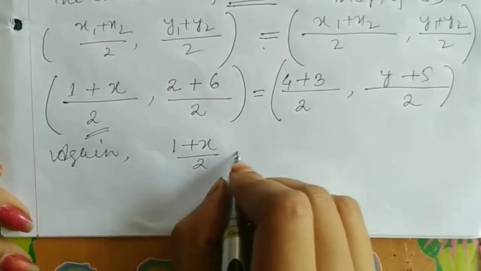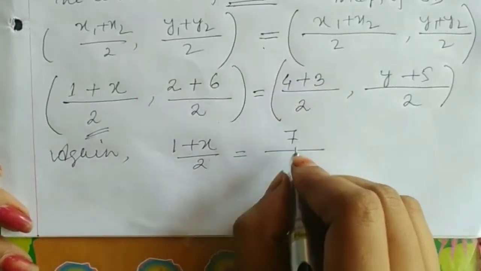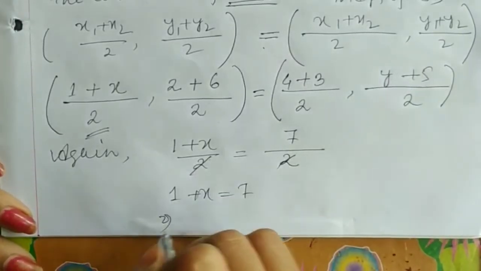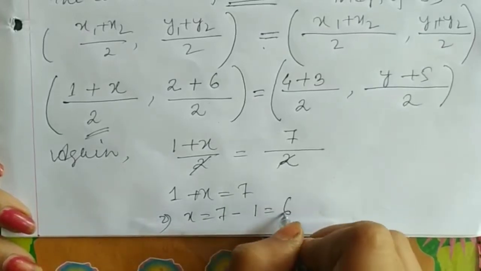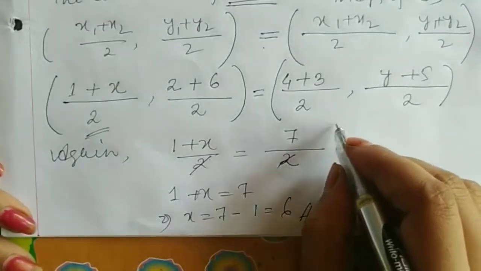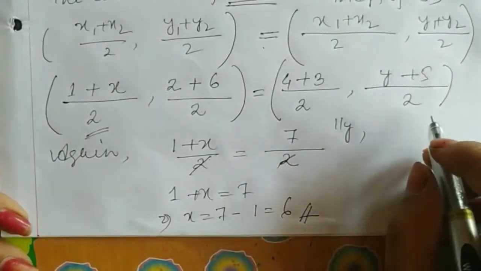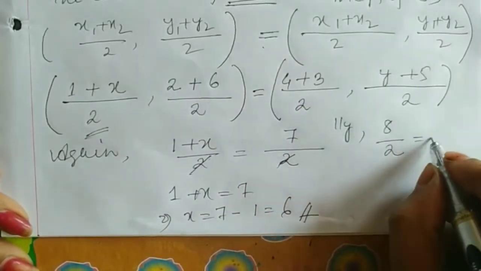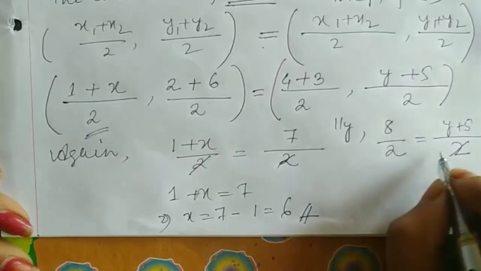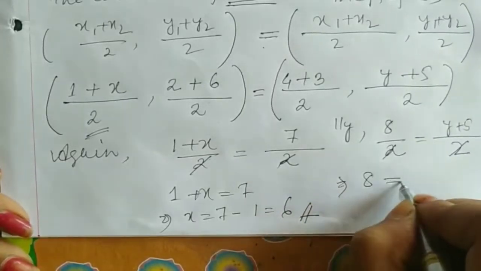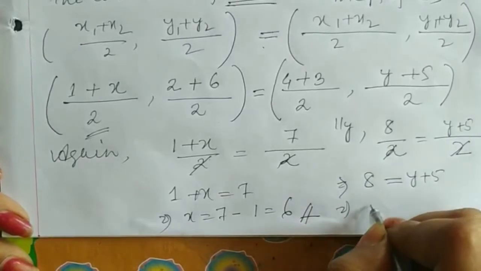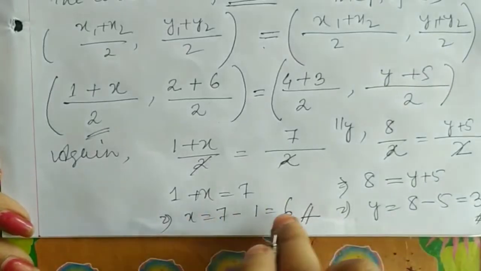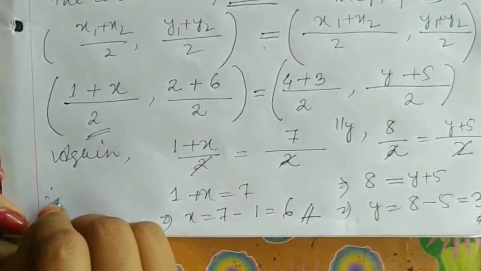1 plus x by 2 equals to 4 plus 2, how much, 6? 6 by 2. So 2 to cancel. 1 plus x equals to 7, then x equals to 7 minus 1 equals to 6. So we got the value of x as 6. Similarly, 2 plus 6, how much, 8, and 2 is there, 8 by 2 equals to y plus 5 by 2, then 2 to cancel, after that 8 equals y plus 5, therefore y equals to 8 minus 5 equals to 3. So we got x value 6 and y value 3, therefore the